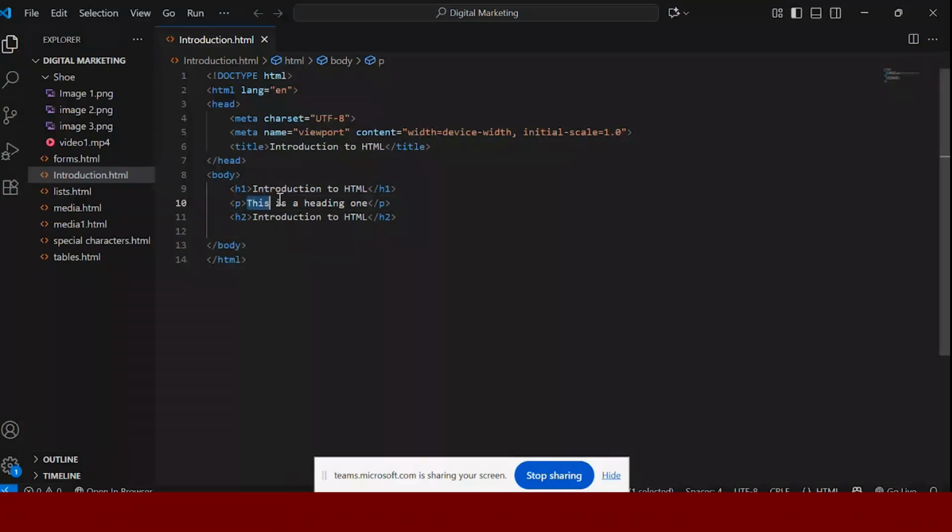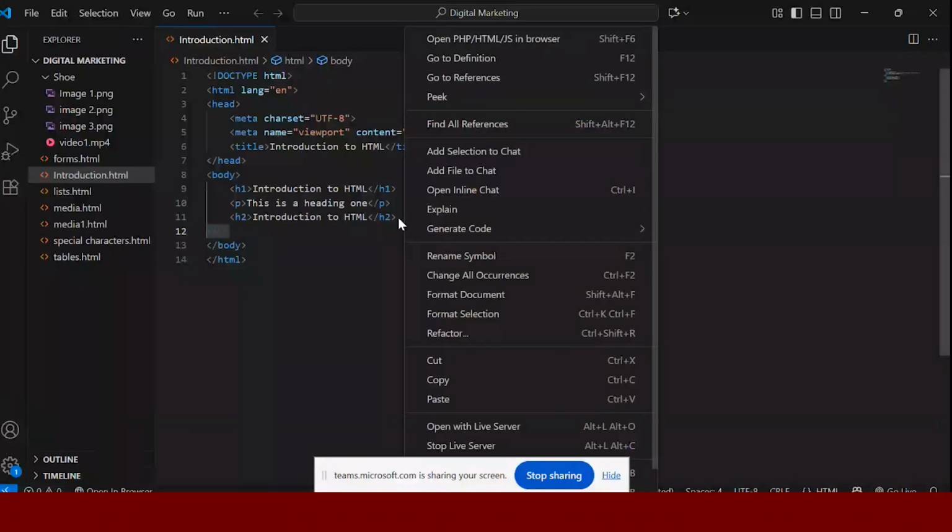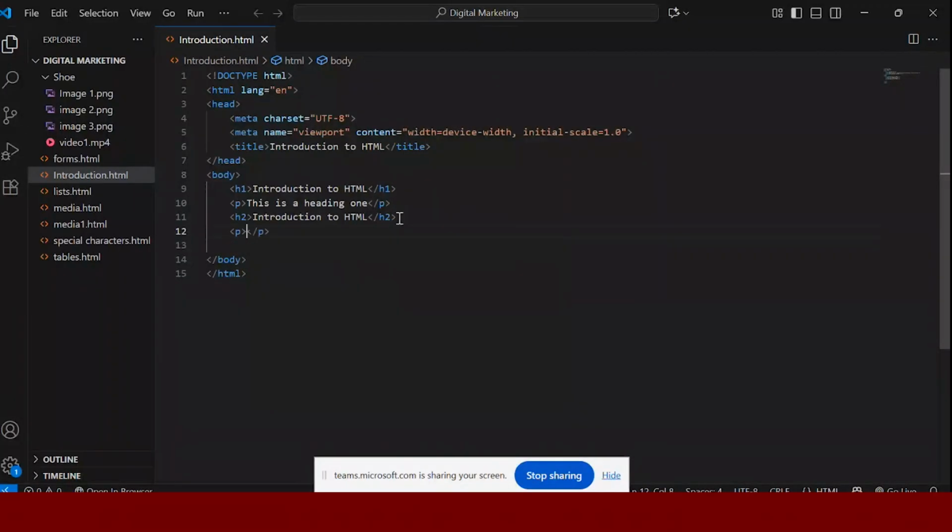And then this one, I'll just copy it like this. Then I add it under a paragraph. Like that. So assuming I'm working on only this tool,